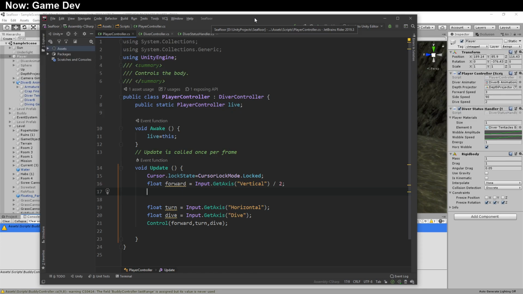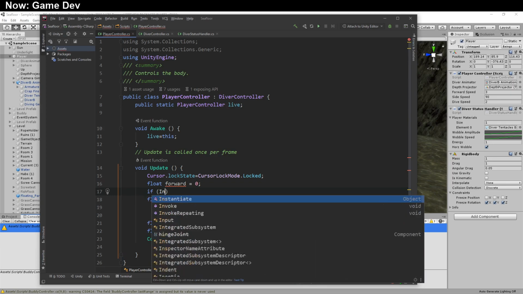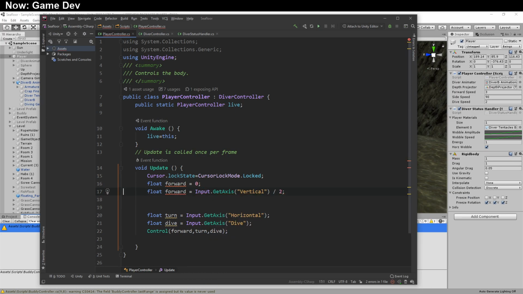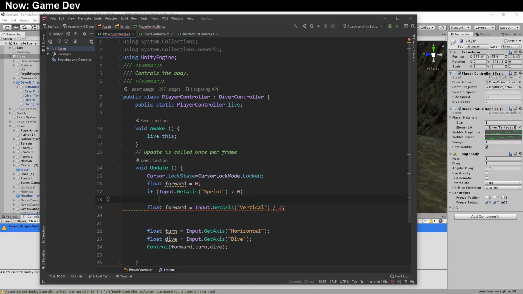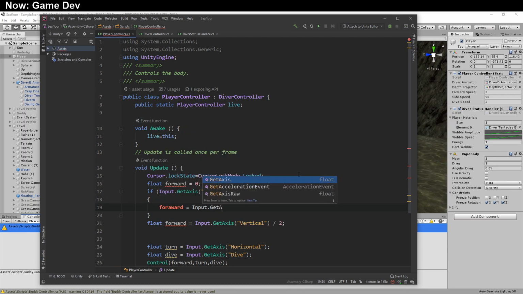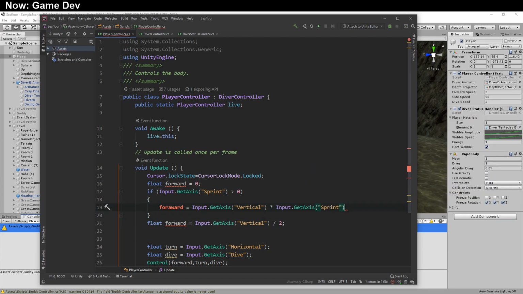Do I want to multiply them together? Yeah, so we're going to go ahead and say float forward equals 0, and then we're going to say if input.GetAxis shift sprint, I call it sprint, is greater than 0, then what we're going to want to do is say that forward equals input.GetAxis vertical times input.GetAxis sprint. Not forward, sprint. And then we'll say else